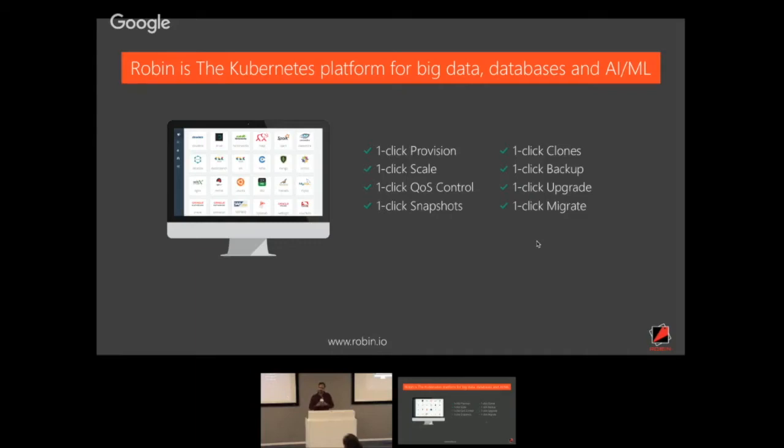I think, in my opinion, the biggest benefit of Robin is we can provide application-agnostic snapshots. Bring in any application, Robin can snapshot. We'll talk about application consistency versus system consistency, but at the storage stack level, we can snapshot any application, be it Hadoop or be it Oracle. We can do QoS control. We can do backups. We can do upgrades. And we can migrate to cloud. One platform to do everything.